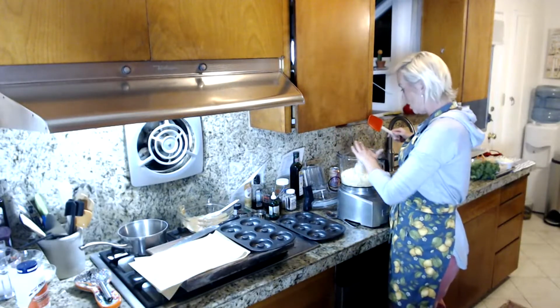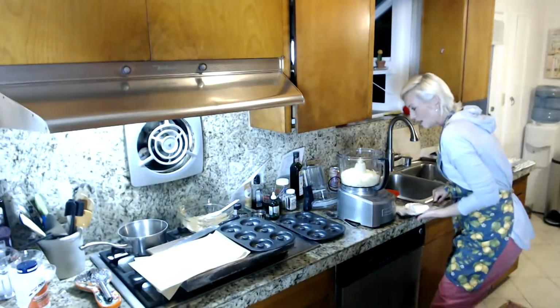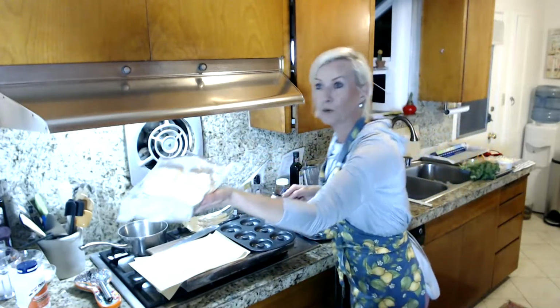food processor, and I've got 3 cups of mozzarella cheese already in here, and I'm gonna put half of a brick of